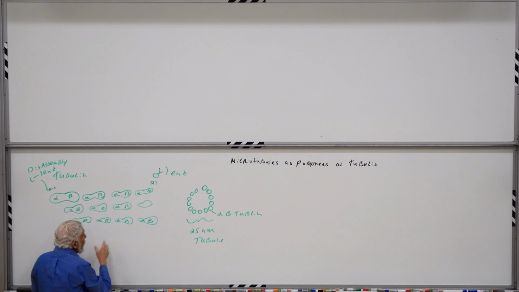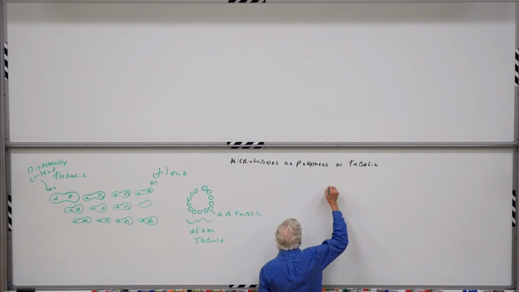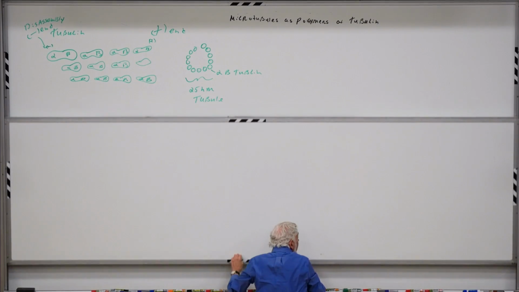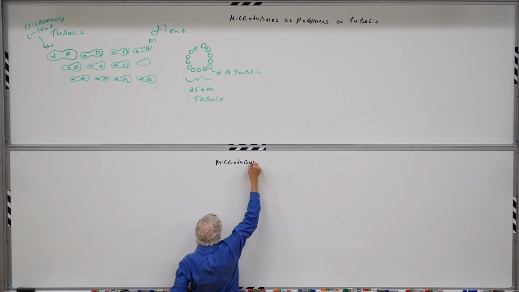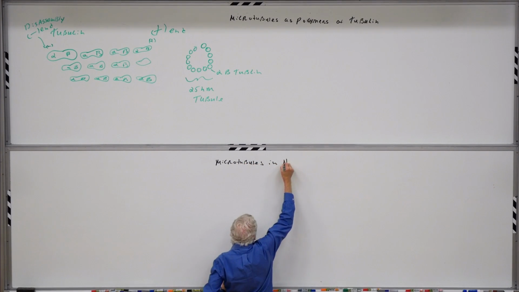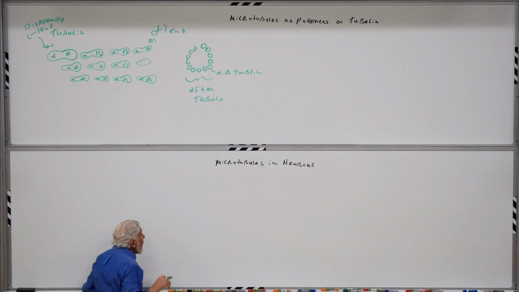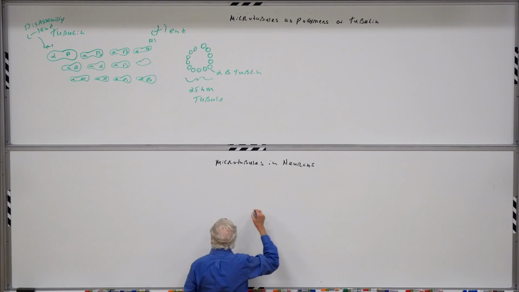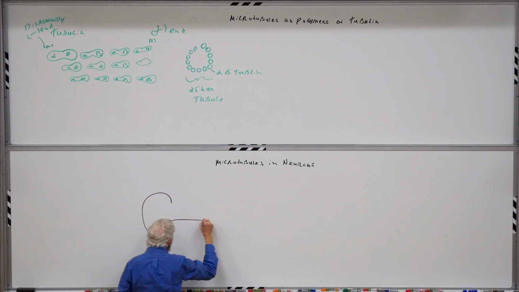The next thing I want to do now is I want to place those microtubules in a kind of context. And I'll place them in the kind of context where we can describe microtubules in neurons. I've deliberately used the neuron because it's an unusual cell. The neuron is a highly asymmetric cell. And if we would draw a neuron, one of the characteristics of neuron, and we'll emphasize this later in the course,